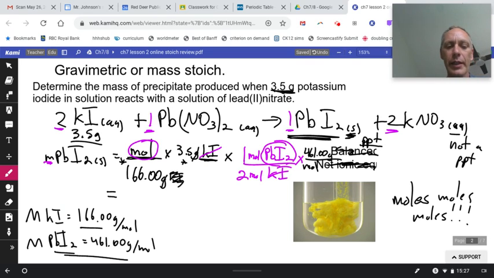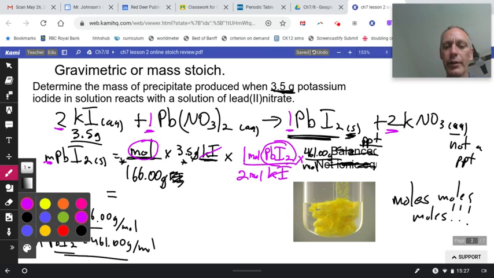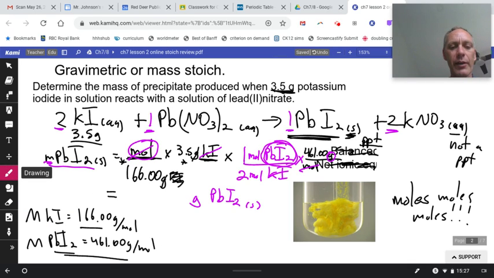Okay, so canceling out, what else cancels out in here? So now those moles cancel out, and all I have left is grams of PbI2, which is what I'm looking for, the mass of PbI2. So there's my units, and there's my formula that's left. So now it's just a matter of doing the math, and the math will be 3.5 times 461 divided by